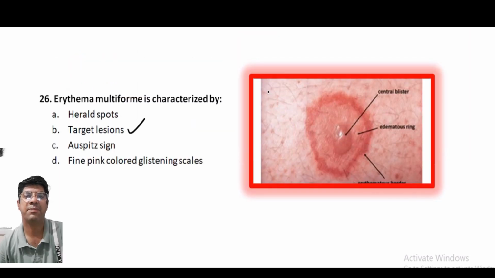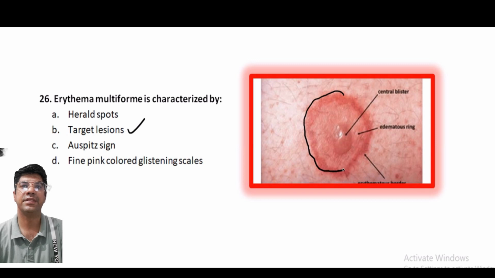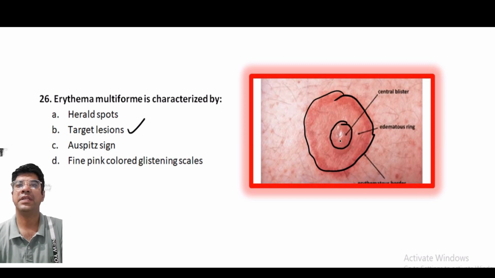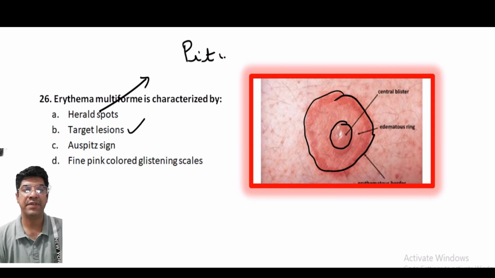The next is erythema multiforme. It is characterized by target lesions. So these are the target lesions. This one is the edematous ring that is surrounded by a central blister. The Herald spots are not typically associated with erythema multiforme. They are seen in conditions like